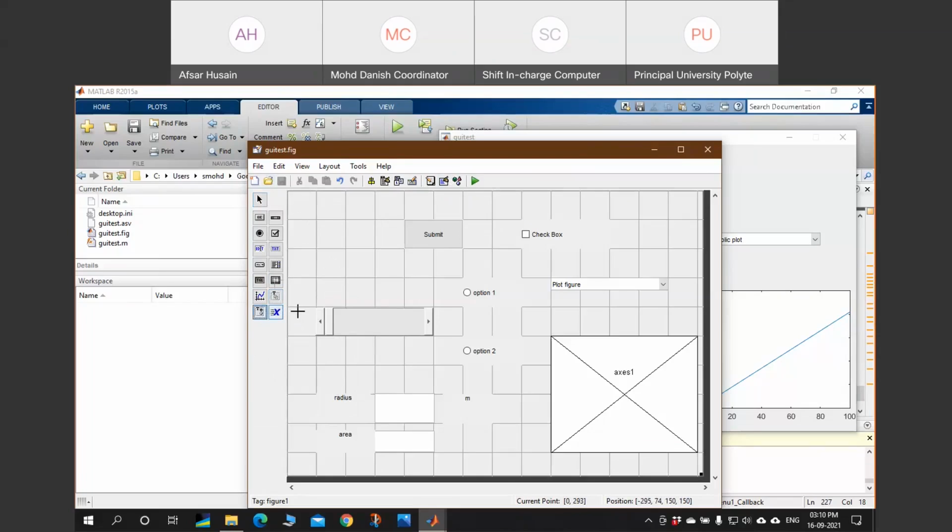And button group is used to group various buttons. Suppose you are having 3 buttons, suppose this is one button, and there is another button, and another button, there are a number of buttons, 2-3 buttons. And you want to align all the buttons in a group, so you can use this button group. So now I want to demonstrate.